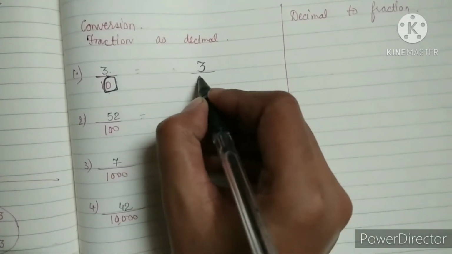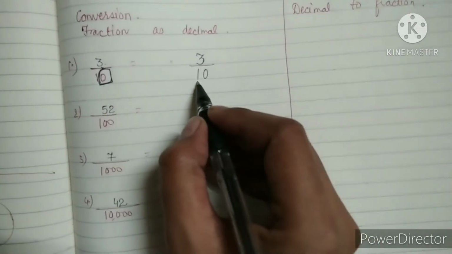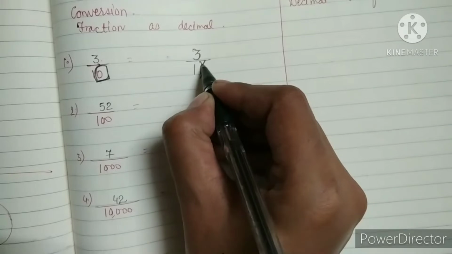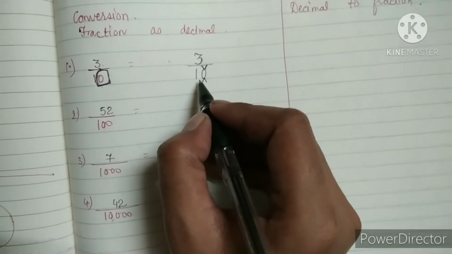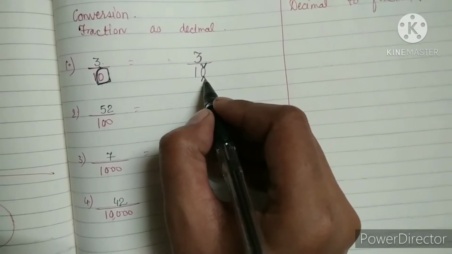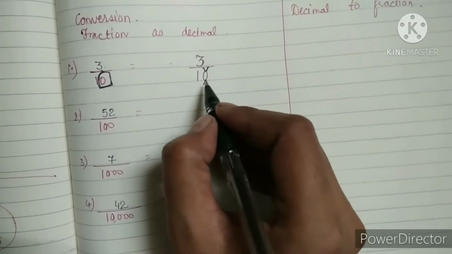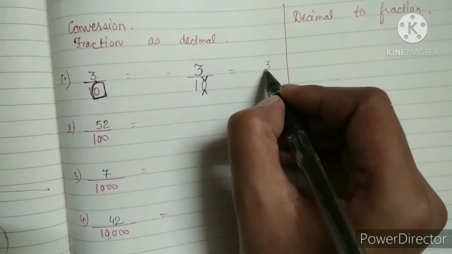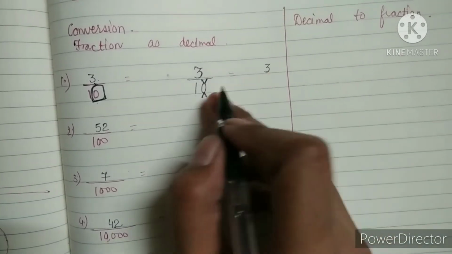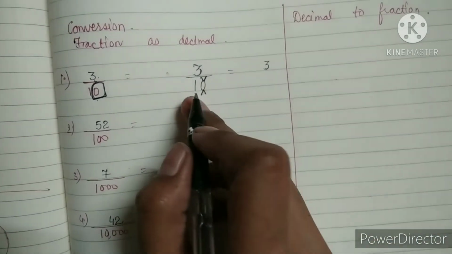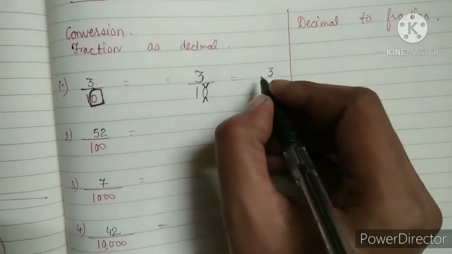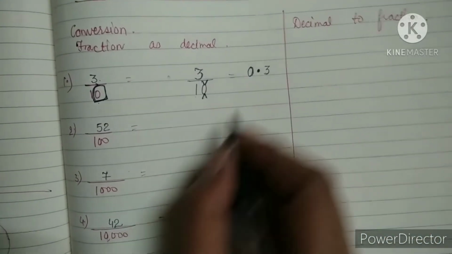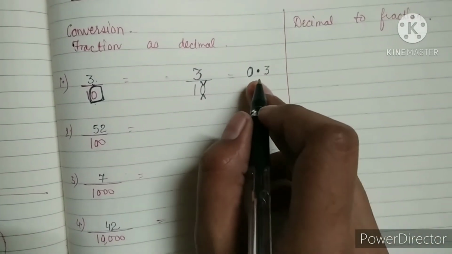You can take it as a game. We have to divide 3 by 10. 10 has 1 toffee. Who can take this toffee? 3 will take it, and when 3 takes this toffee, toffees are finished because none is left. That's why we can put the decimal here, and here we get 0. In front of the decimal always remember to put 0.